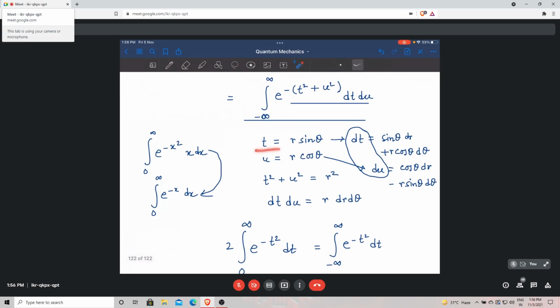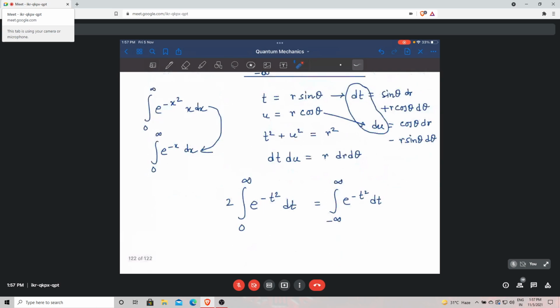But the moment I define t to be r sin theta, the value of t can take both positive and negative values. R is always positive, so to take into account the negative values of t, the negative part must come from sin theta. Right? Minus pi by 2 to pi by 2. You can do that,